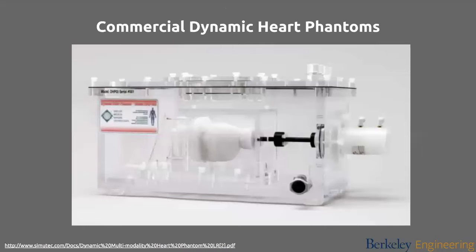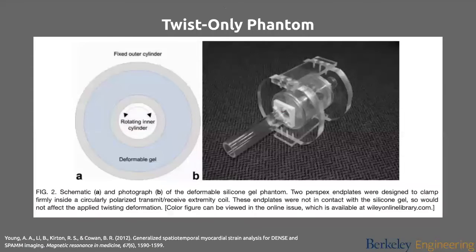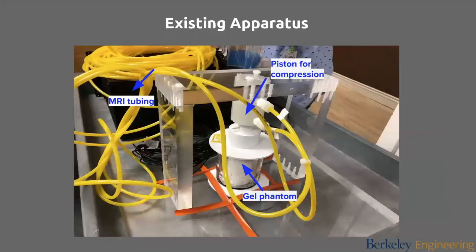While there are few commercially available dynamic heart phantoms used for imaging, these are very expensive and only provide data on gross deformation of the left ventricle rather than on specific metrics. A twist-only phantom has been used for DENSE analysis, and our clinical mentors created an apparatus that allows for compression only. However, neither of these devices allow for both compression and twist, thus being suboptimal devices to validate cardiac imaging